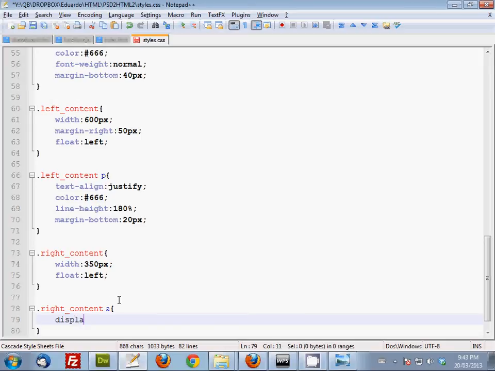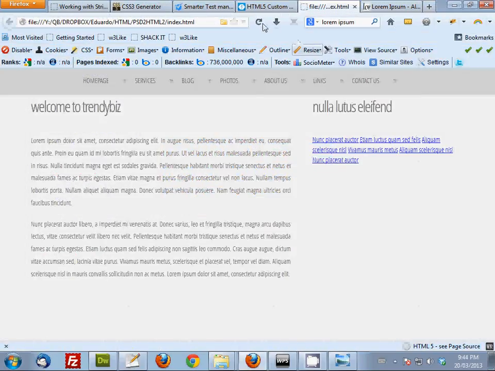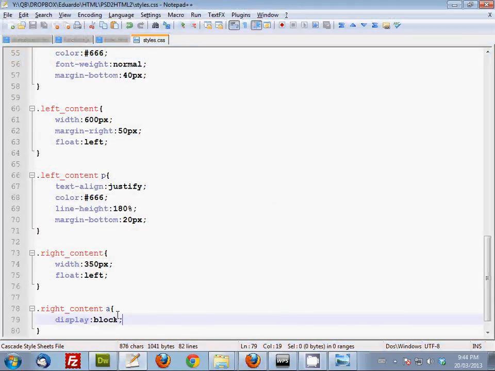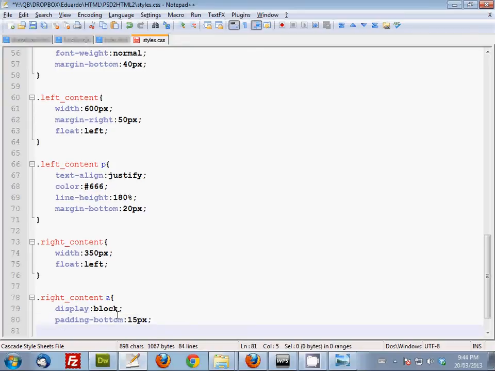Okay. Then I'm going to add some spacing. So padding bottom of 15 pixels. And also a margin bottom of 15 pixels plus a border, also bottom,